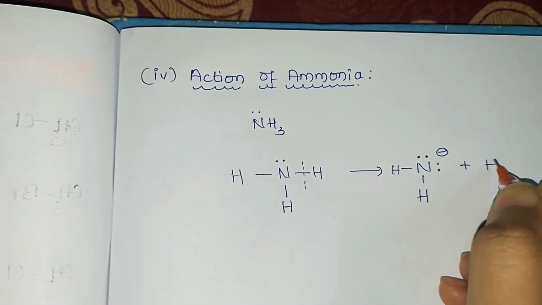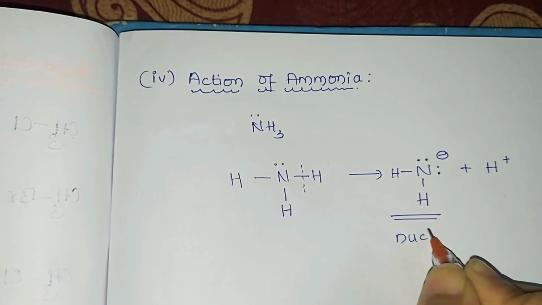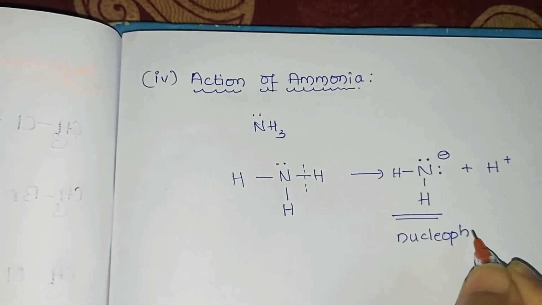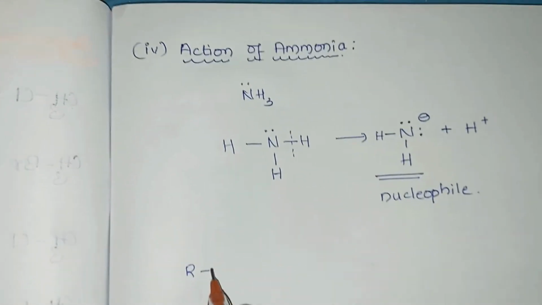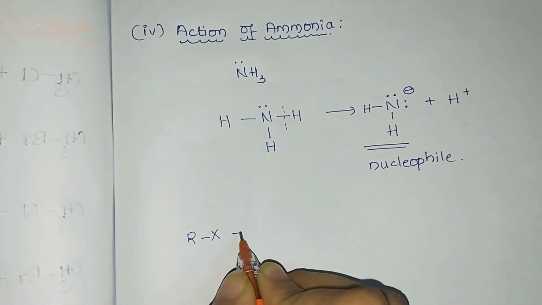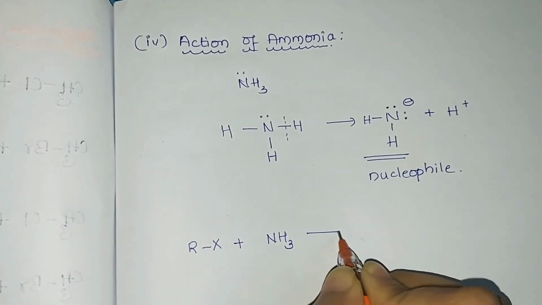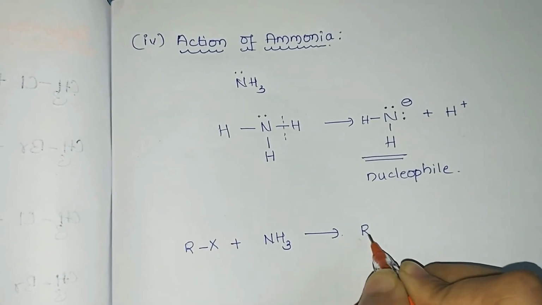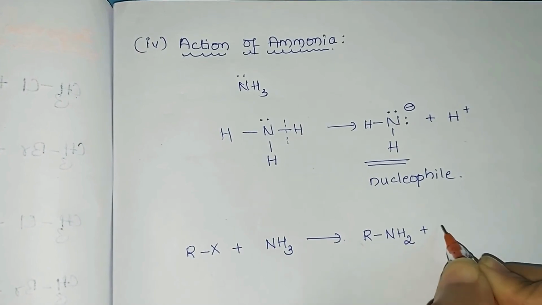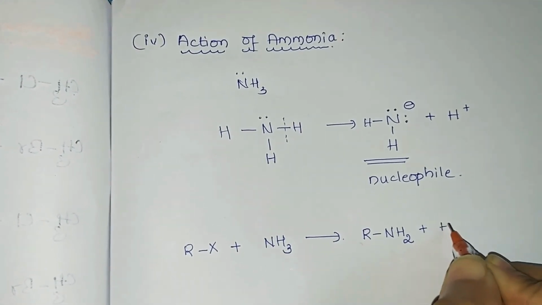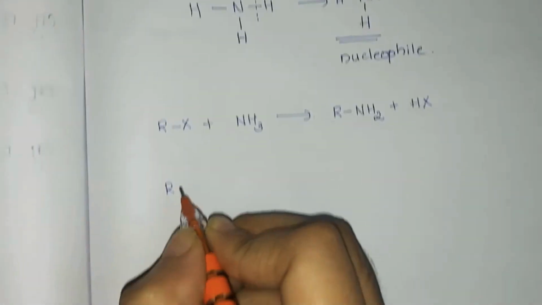Now let us consider why we call it a nucleophile. Because it is negatively charged. So we'll consider the reaction here. When an alkyl halide, the general reaction, that is RX, plus NH3, that is ammonia, reacts, the nucleophile present in ammonia is NH2. So the product obtained here will be RNH2. X is replaced by NH2, plus what is remaining, H and X. So this becomes our product. The product obtained here consists of an R group which is bonded to NH2.